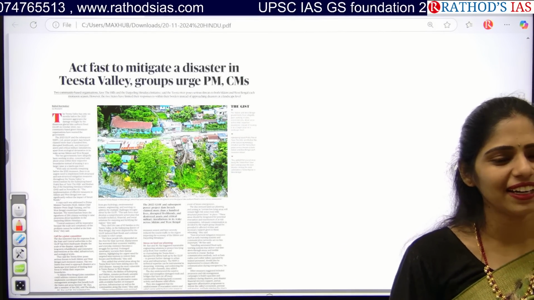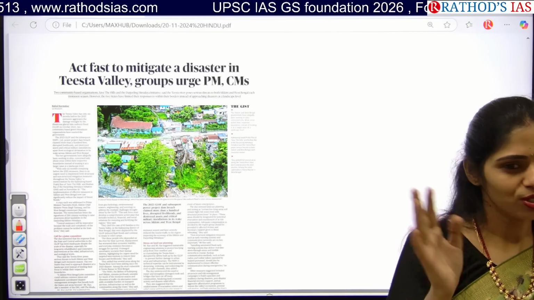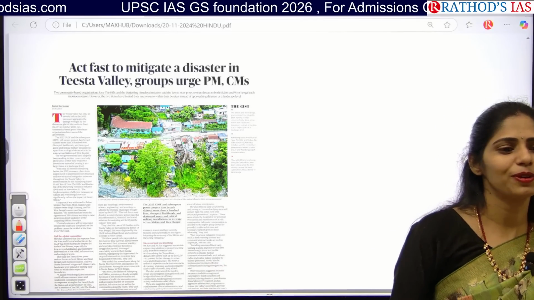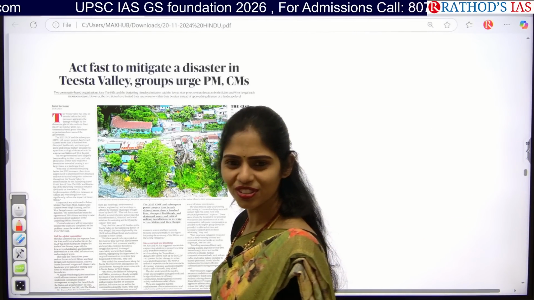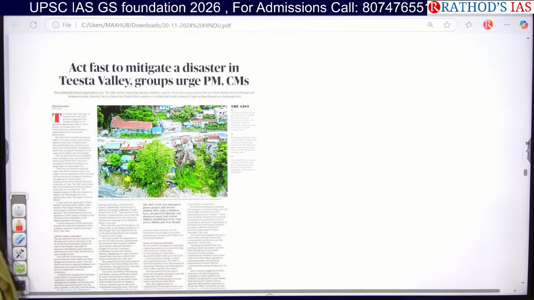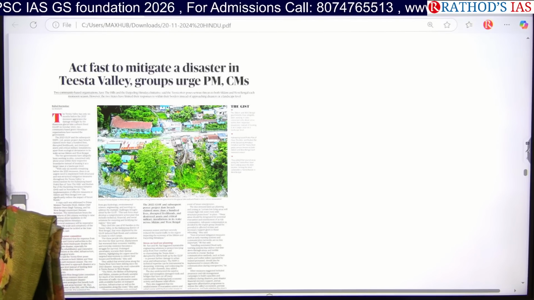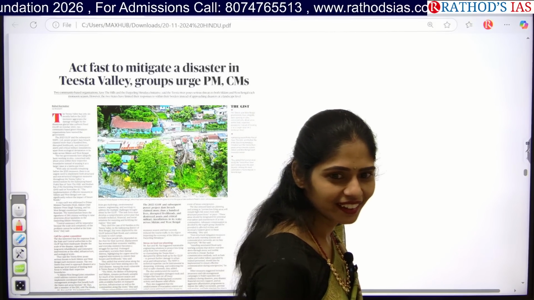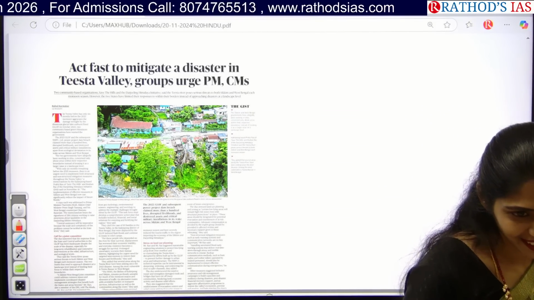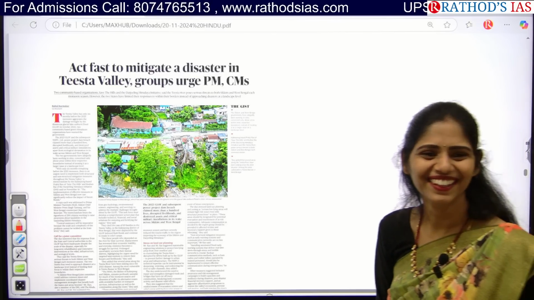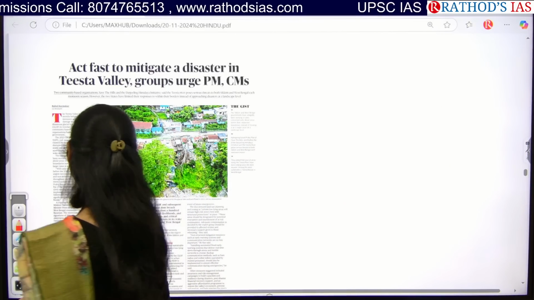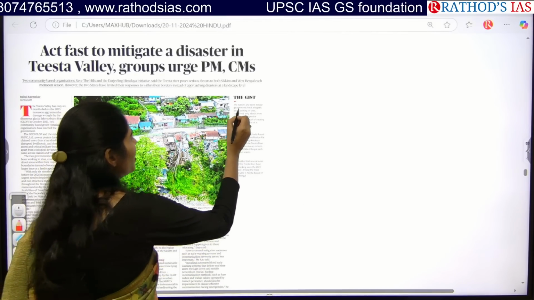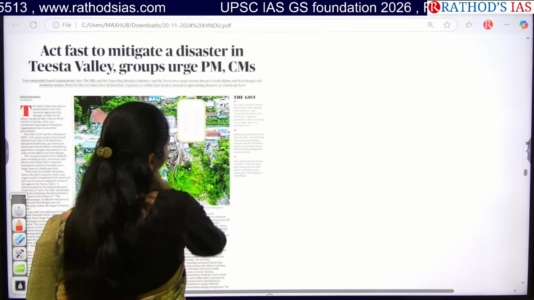How many Himalayan river systems are there? 3 only. So Indus is not part, keep it aside. So Brahmaputra or Ganga. Which river system does it belong to? Ganga or Brahmaputra? See this once again. Okay, so this article is saying that the Sikkim and West Bengal governments are working